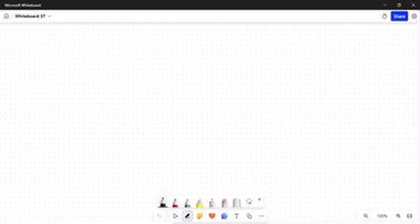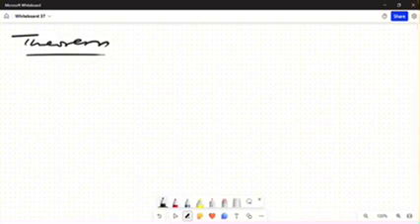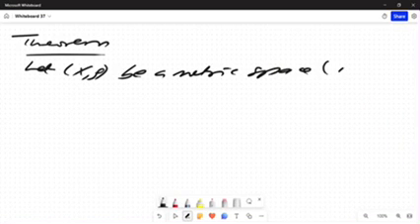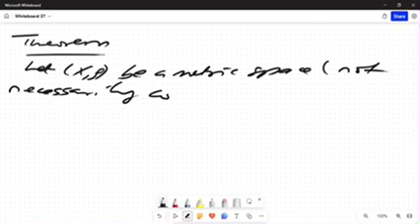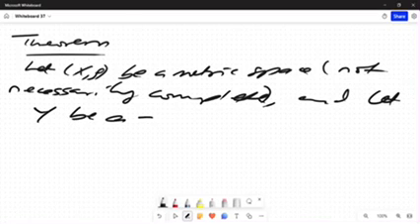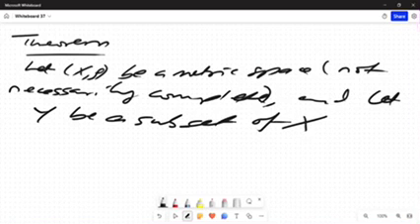Theorem. Let X comma rho be a metric space, not necessarily complete, and let Y be a subset of X, which